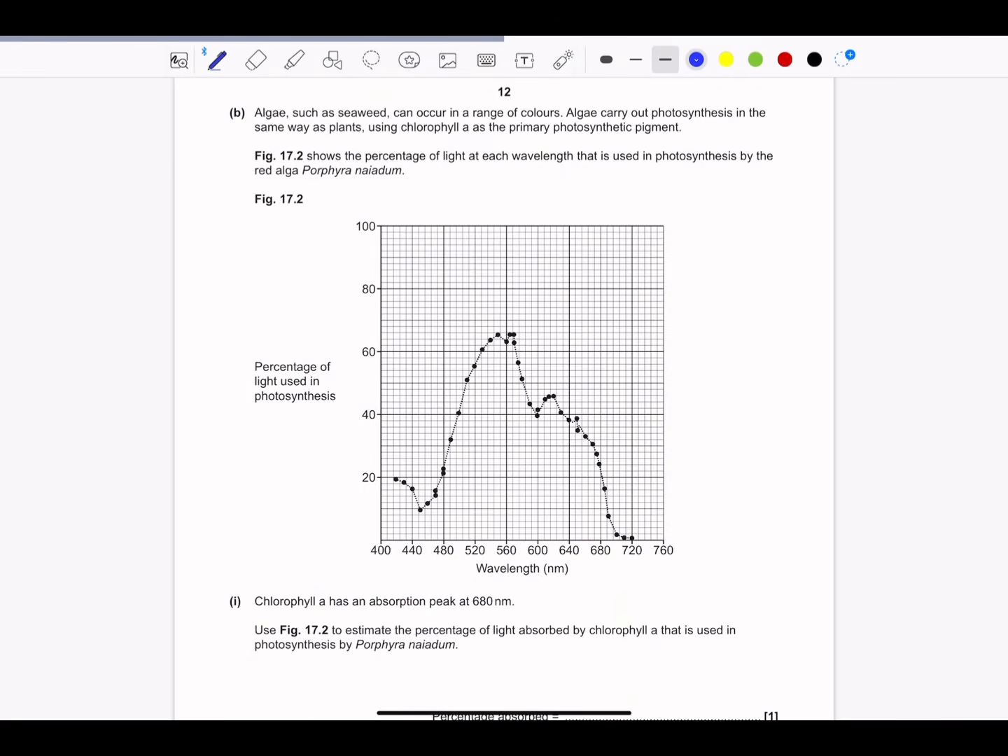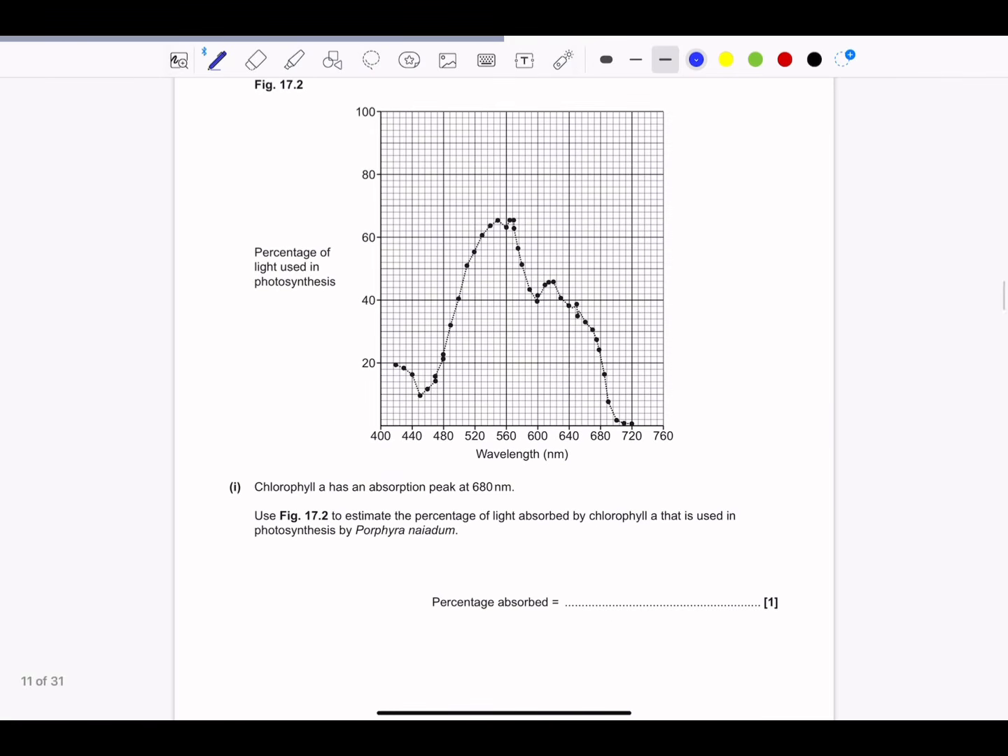Question B is algae such as seaweed can occur in a range of colors. Algae carry out photosynthesis in the same way as plants, using chlorophyll A as the primary photosynthetic pigment. Figure 17.2 shows the percentage of light at each wavelength that is used in photosynthesis by the red alga by this name. I'm not going to pronounce it, otherwise I will butcher it. Besides the point, chlorophyll A has an absorption peak at about 680 nanometers. Use figure 17.2 to estimate the percentage of light absorbed by chlorophyll A that is used in photosynthesis by this